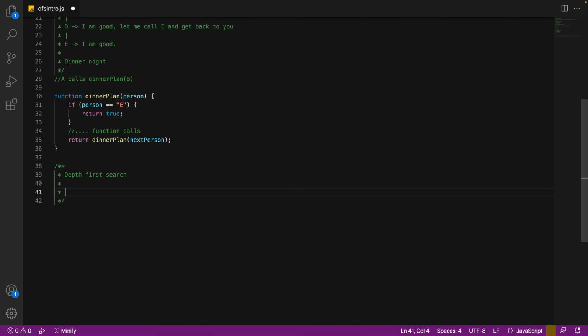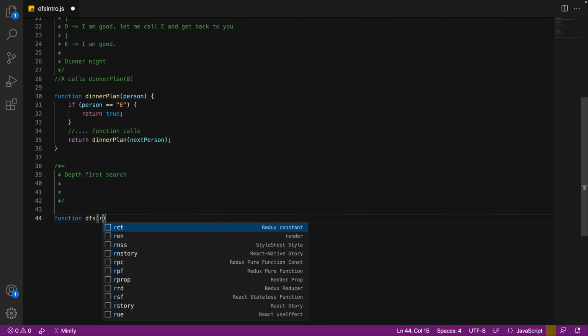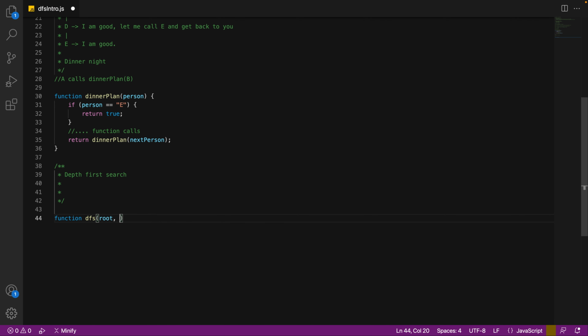And so let's say we want to write a function. Let's call it DFS, very simple. We have the root of the tree as the reference, which is the starting of the tree. Now root is giving us access to the very first node in the tree, and then root's left and root's right are going to give us the nodes further down the line. So we have the starting of the tree, we have the target that we need to look for in the tree,